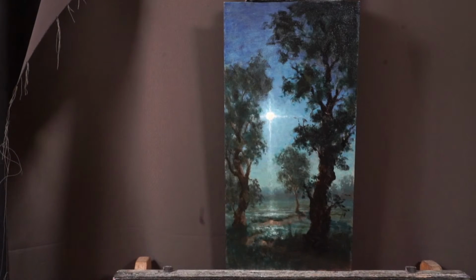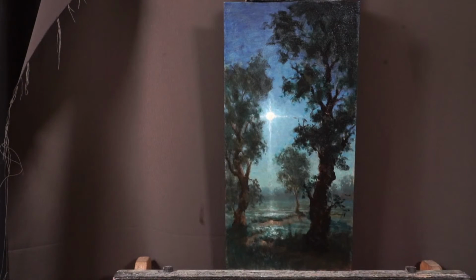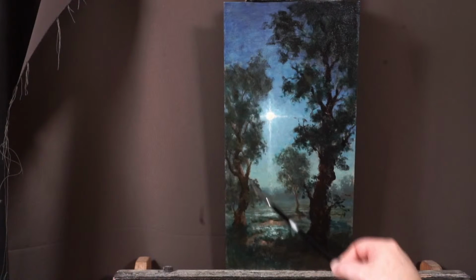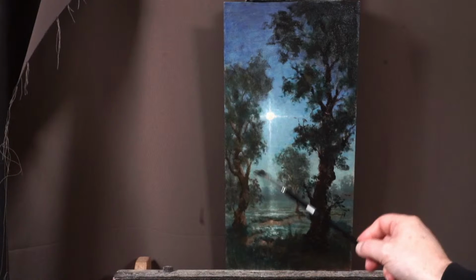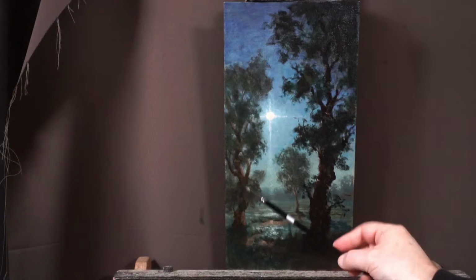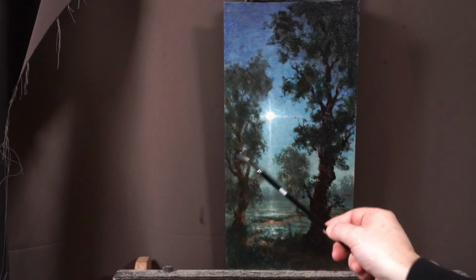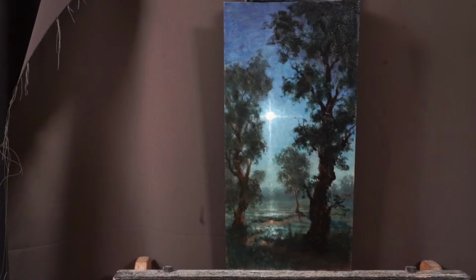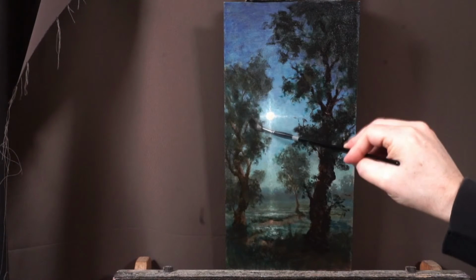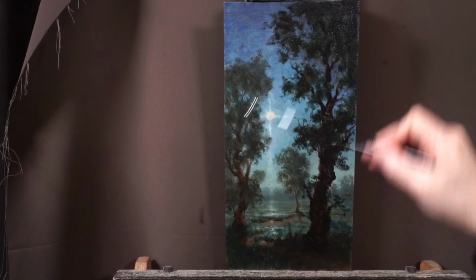What I'm doing now is just taking a lot of that. There's a lot of high chroma green there. And I'm just taking it down. Taking it down. And again, I think. All right. All right. Then maybe,